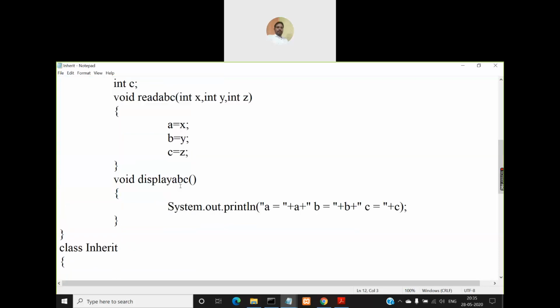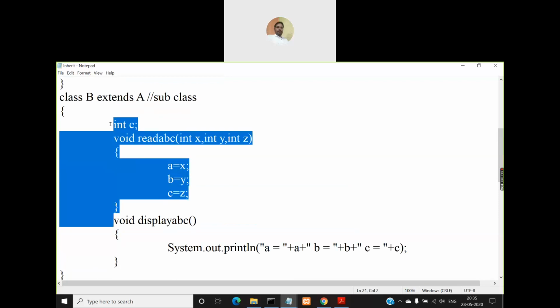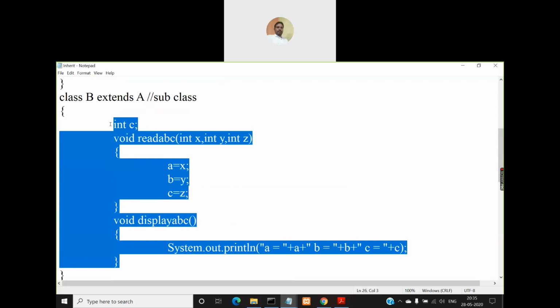But if you create an object for class B, along with those four members, you get these three members additionally, that is instance variable C, and readABC and displayABC methods. Altogether 2 plus 2, 4 methods, and 2 plus 1, 3 instance variables will be members of class B. So totally class B will have 7 members, out of which 3 are instance variables, namely A, B and C, and 4 are methods, out of which readAB and displayAB are from A, and readABC and displayABC are from class B exclusively.